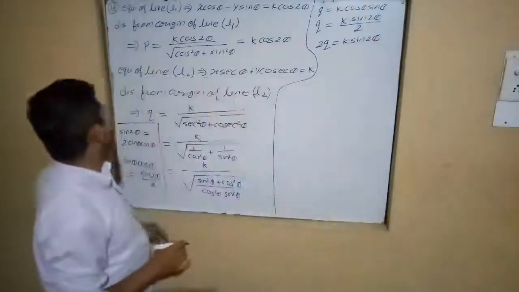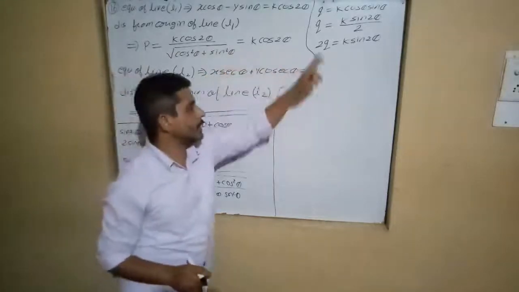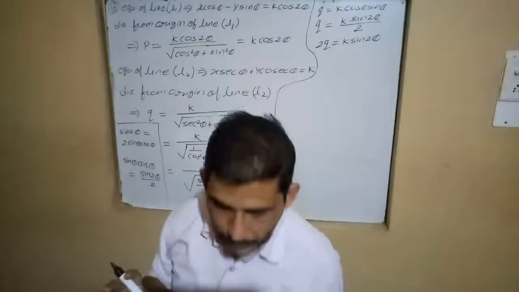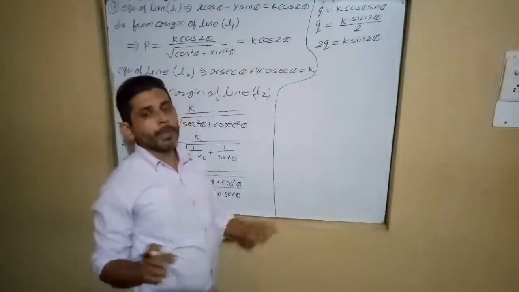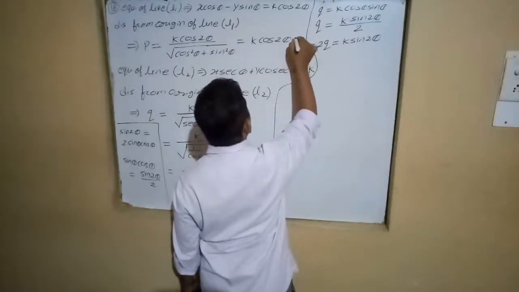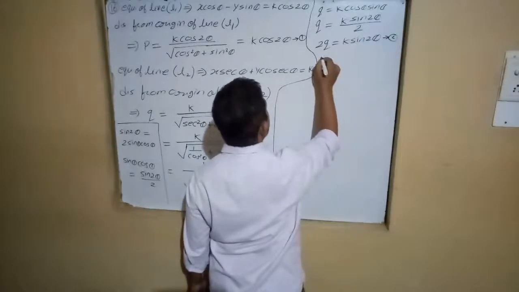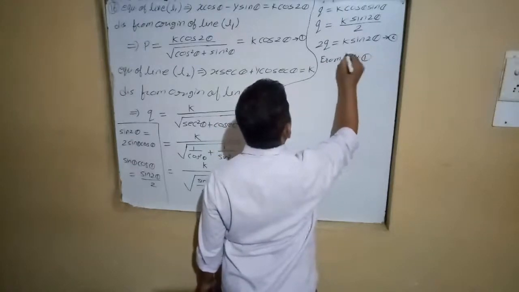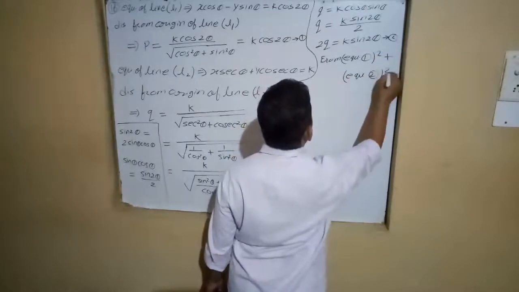This is the value of P, and this is the value of Q. We need to show that P square plus 4Q square. How will it come? By squaring and adding. So we write, this is our equation first, this is our equation second. So we write from equation 1 square plus equation second and their whole square.